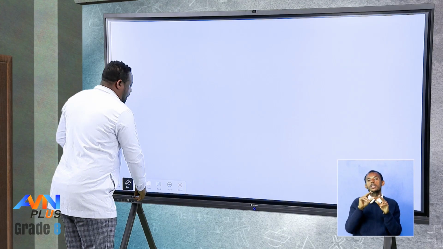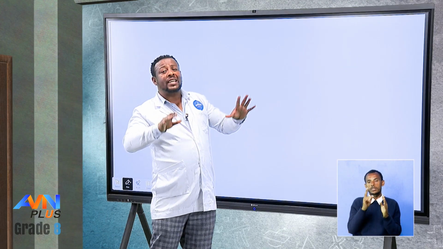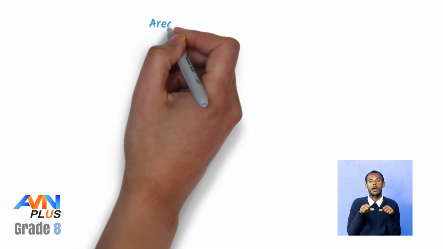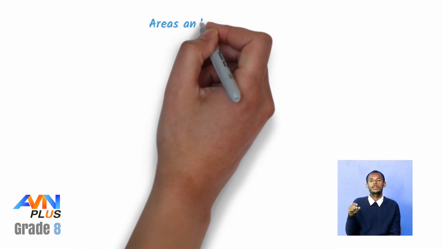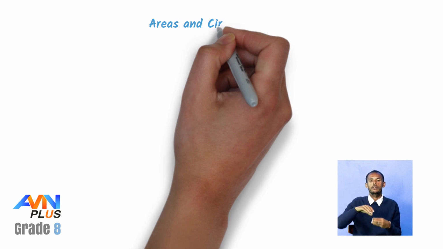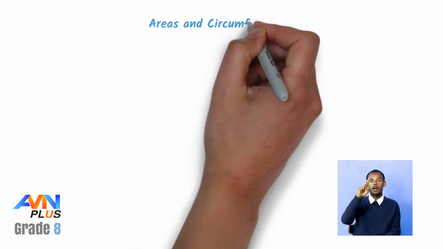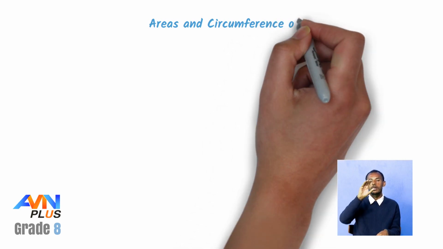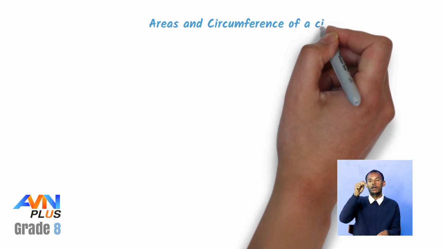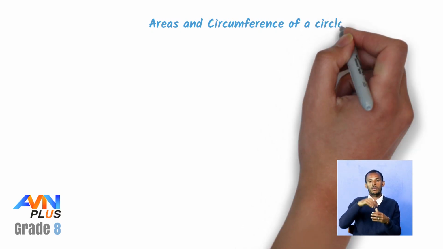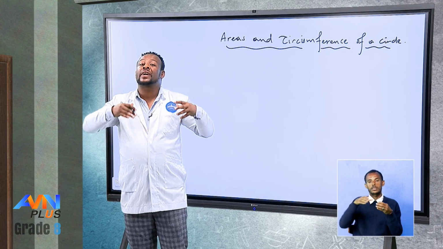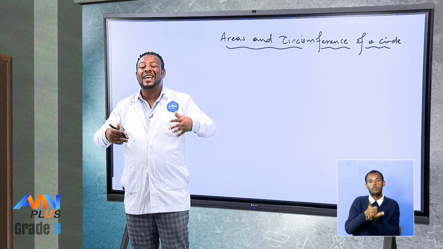Now let's see some of the basic formulas that we need to know in circle. Okay, so areas and circumference. Now let's see what the areas and circumference of a circle looks like. Because knowing the areas and circumference of a circle is very basic and helpful to understand the next unit, which